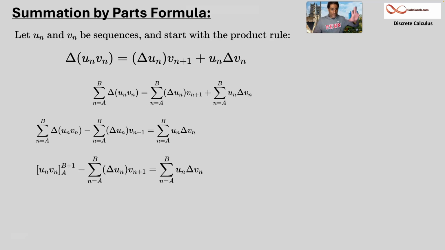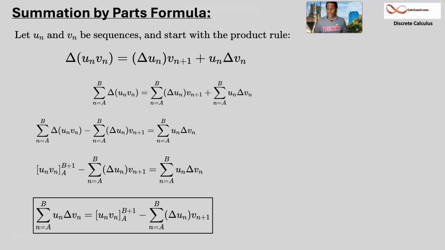We'll do some rearranging here. The first one doesn't even have a summation on it. If you have the summation of the forward difference, the fundamental theorem just says you plug in the last number plus 1 and subtract what you get by plugging in the first number. So using the fundamental theorem of discrete calculus on that first one, we finally arrive at the formula for